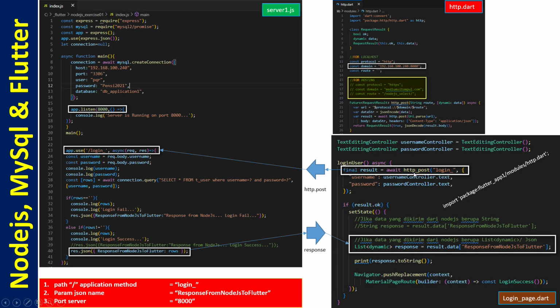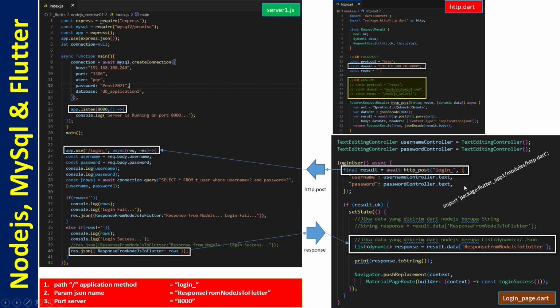Okay. This is the conclusion. Okay, this port, yeah, link to this port on. This is Node.js to Flutter. This is we use the port 8000. Okay, and also this is the Flutter.